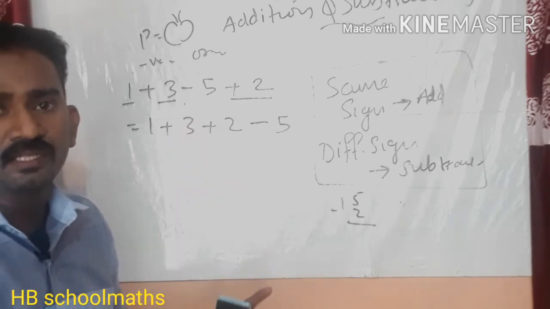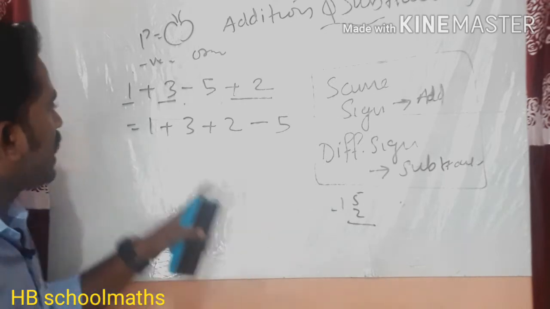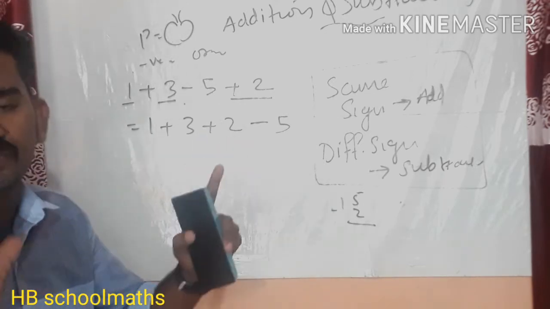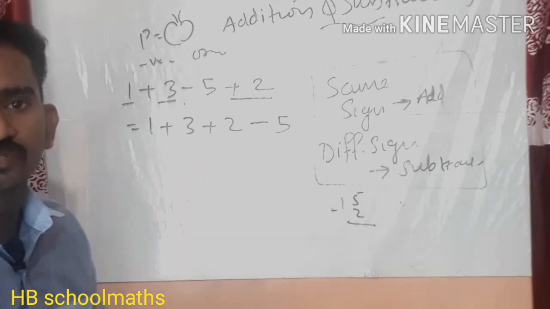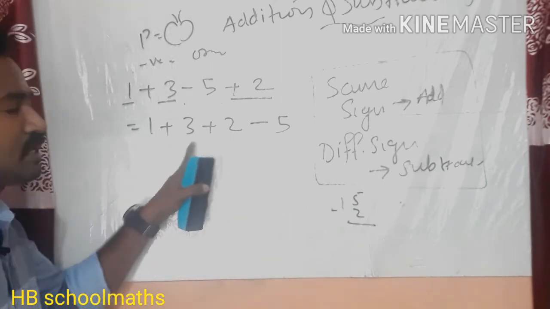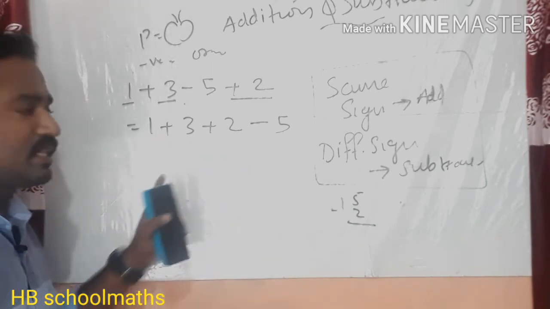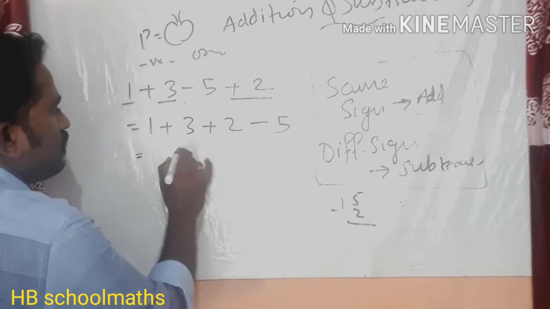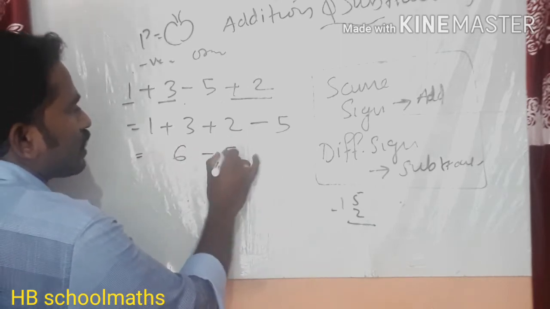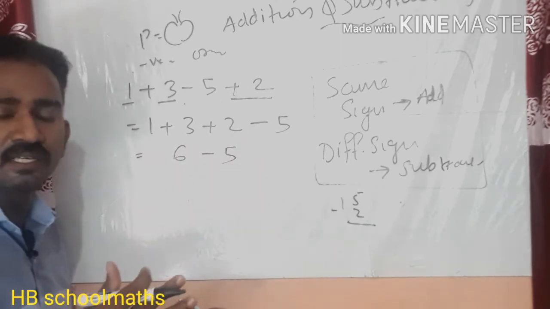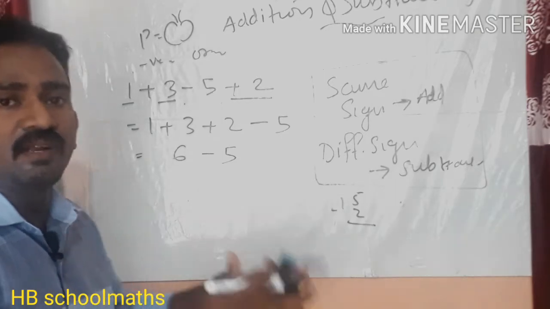Now what we have done first: when a group of positive and negative numbers are there, arrange all the positive numbers, arrange all the negative integers, and afterwards add. Find the positive sum, then find the negative sum, both you subtract, that much only. Positive sum means find the positive numbers and add them: 3 plus 1, 4, plus 2, 6. And one negative number only, we cannot do any calculation there, so we will write it here.